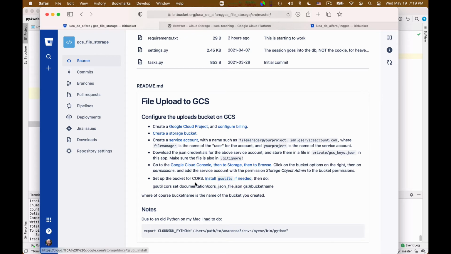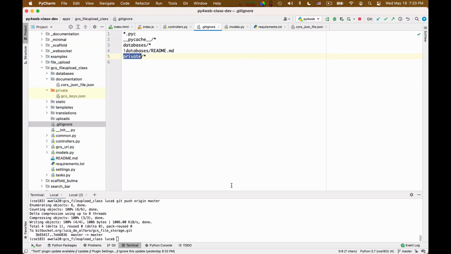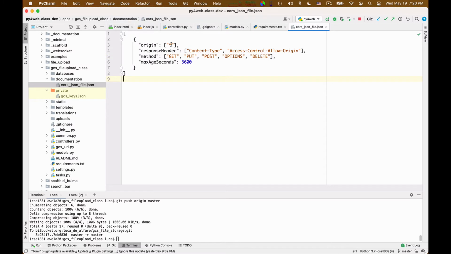Once you do that, you need to give this command, gsutil cors set, and this is a file name, to a file I have given you, for your bucket name. Okay, the bucket name for me is Luca Image Uploads, but for you it will be whatever you created. Bucket names are globally unique, so you need to invent your own bucket names. This file, the documentation cors JSON file, I give it to you so it's easier for you, I guess. So it is here, and the file has this content.